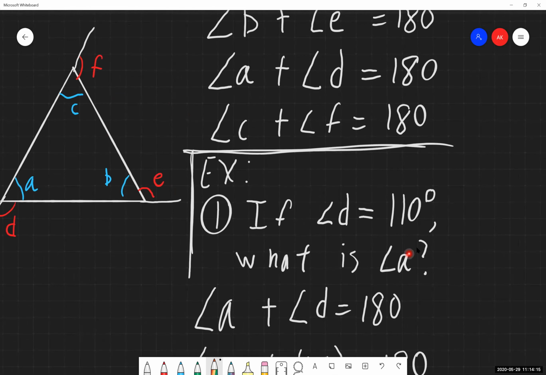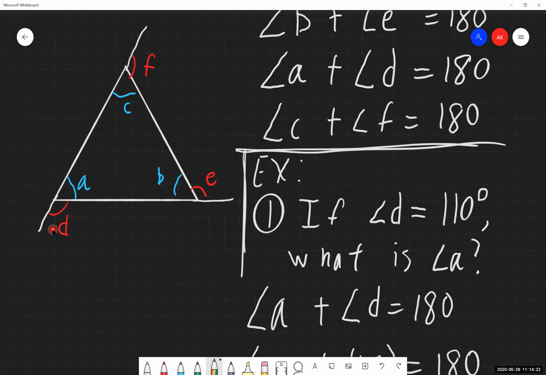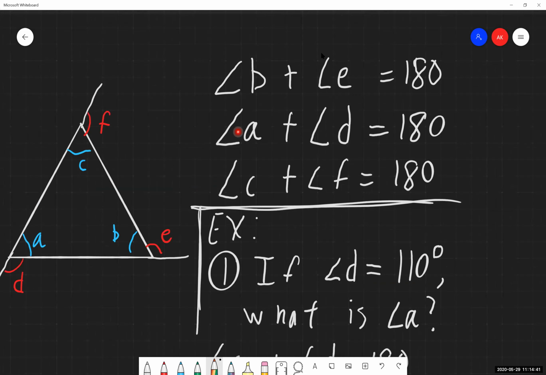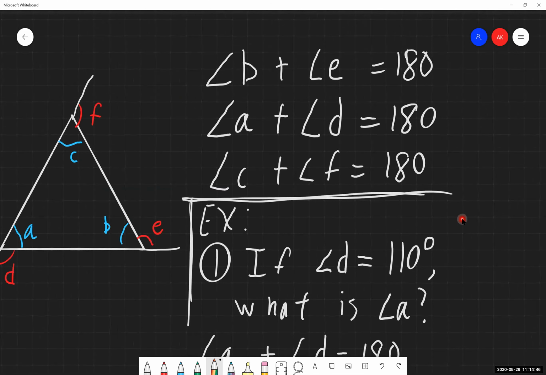So this is one of our examples of finding one of the missing angles. And again, it doesn't matter if we've been given the exterior angle or the interior angle. We're just finding the relationship between them, considering that they always add up to 180 degrees. So write it out for yourself, do some labeling, maybe set up some of these relationships up here as you need to, and then fill in what we know and solve for what we don't know.